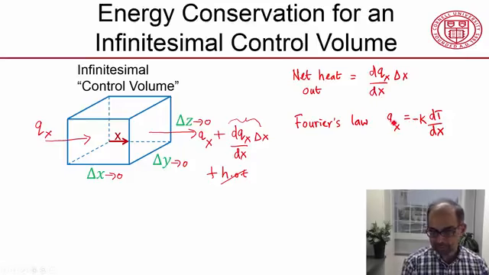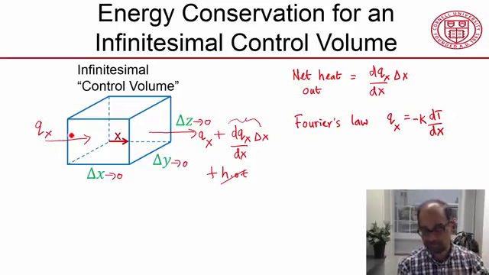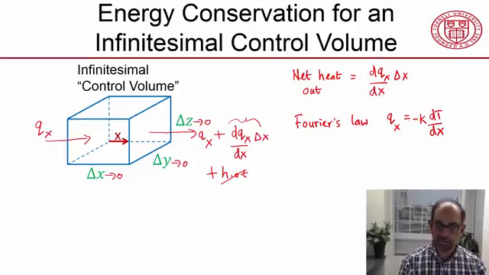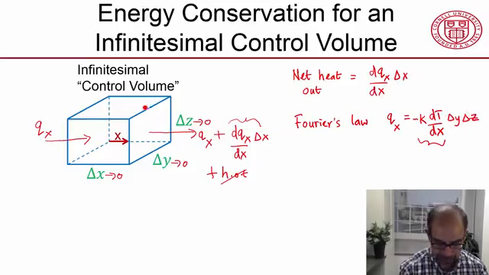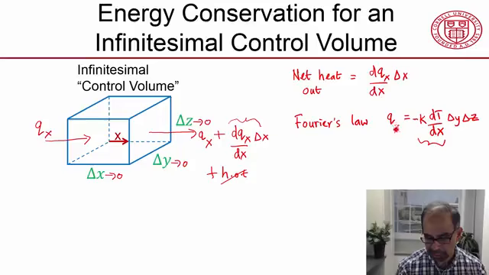The negative sign you need because heat flows from higher temperature to lower temperature, that is, in the direction of decreasing temperature. That's what that negative sign indicates. k is called thermal conductivity, and we'll assume that it's a constant. This term gives me heat flow per unit area, so I need to multiply it by the area of the face, which is going to be delta y delta z. That's that area, and I'll get the net heat flow